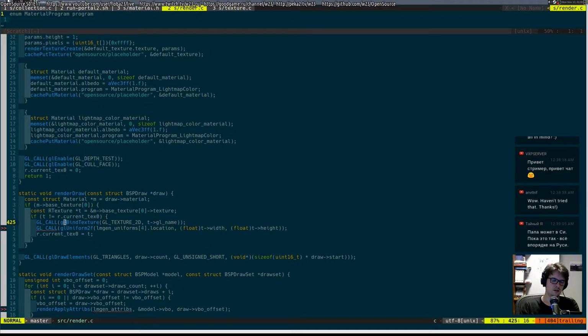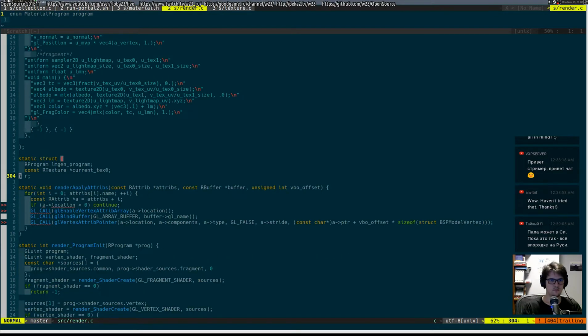Current texture, current program. It's not LMGAN program, it's current program. And it's an index. And it does need to set like a lot of external crap, like